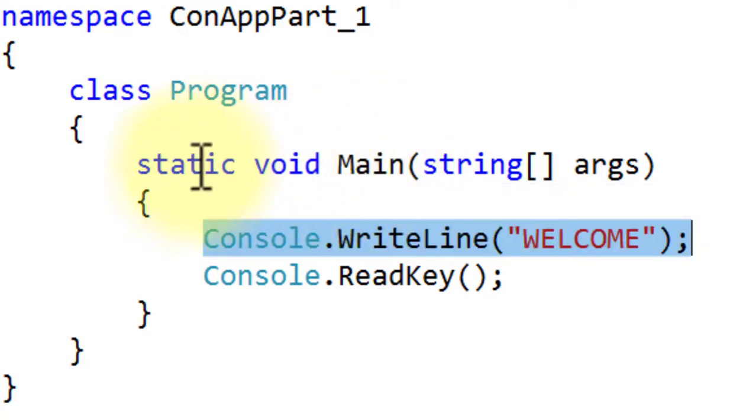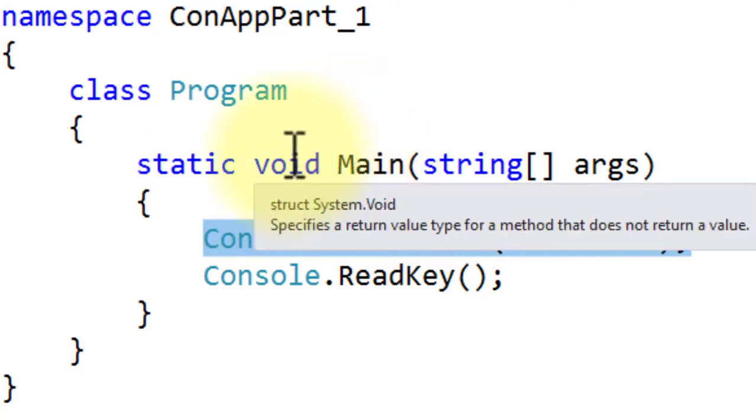The Main method should be written as static, because without any object of this class Program, the Main method is invoked, so it is static. Here the Main method has a return type of void.